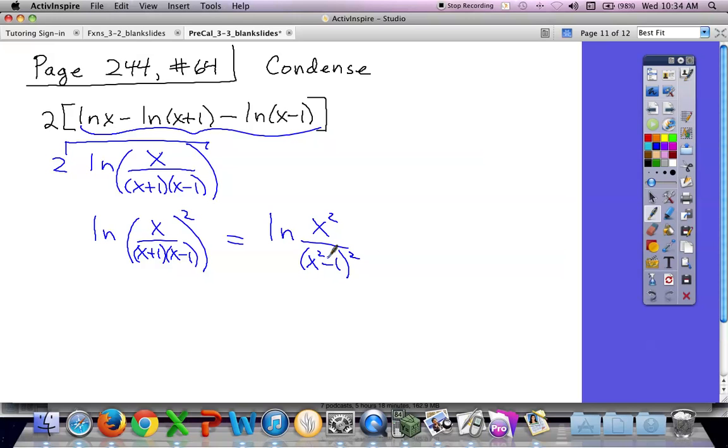If you didn't do this, then you definitely have to go ln of x squared over x plus 1 squared, x minus 1 squared. You got to do one or the other. Right? We need to move that 2 in. Other than that,